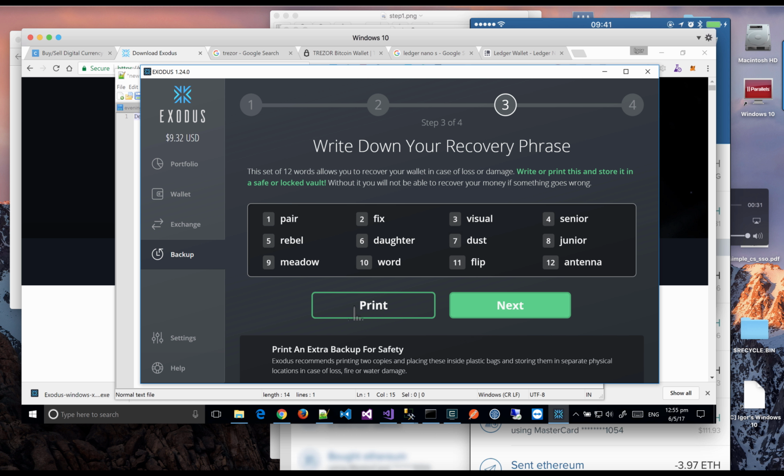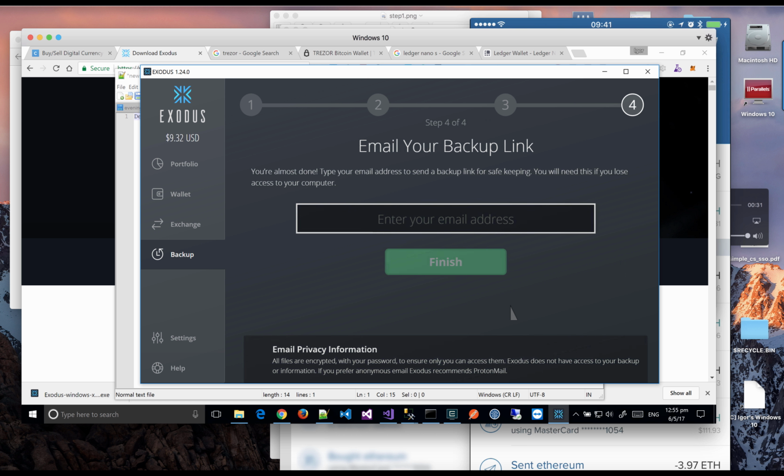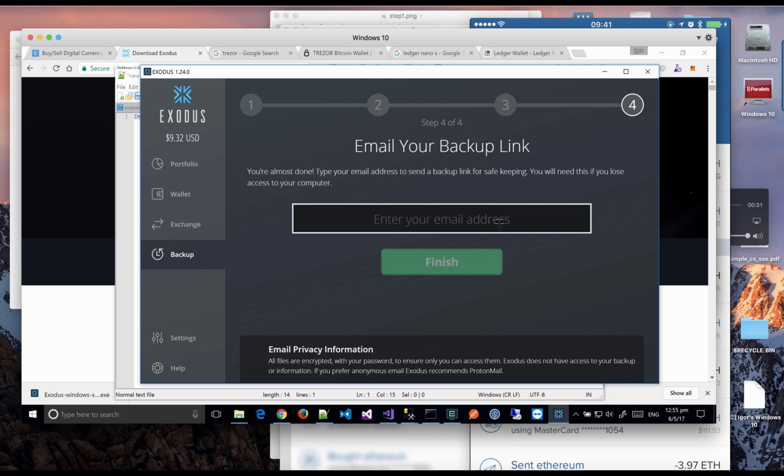So you can print it as well, but I'm just gonna go next. I'm not gonna be using this wallet, so I don't care. And then you can also email that 12-word phrase to your email account. So I'm just gonna put in a dummy email, igor@mailinator.com. Mailinator is like a dummy email box you can use to test emails. I'm gonna go and finish this,